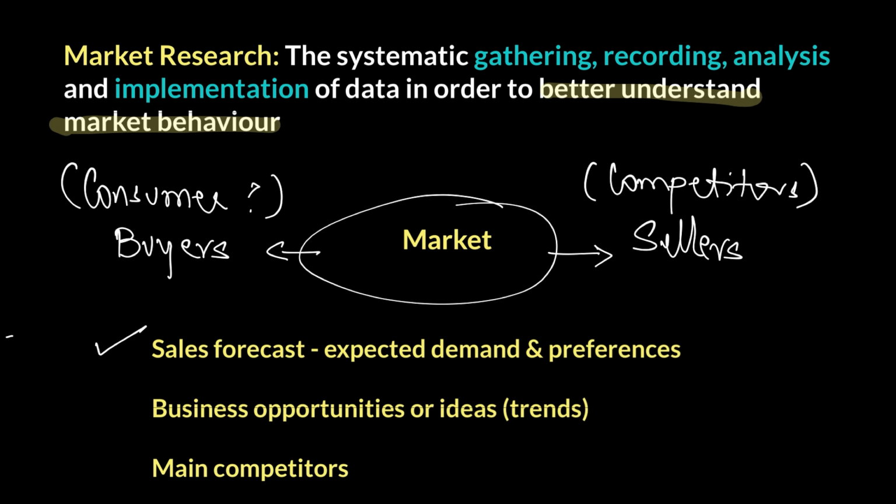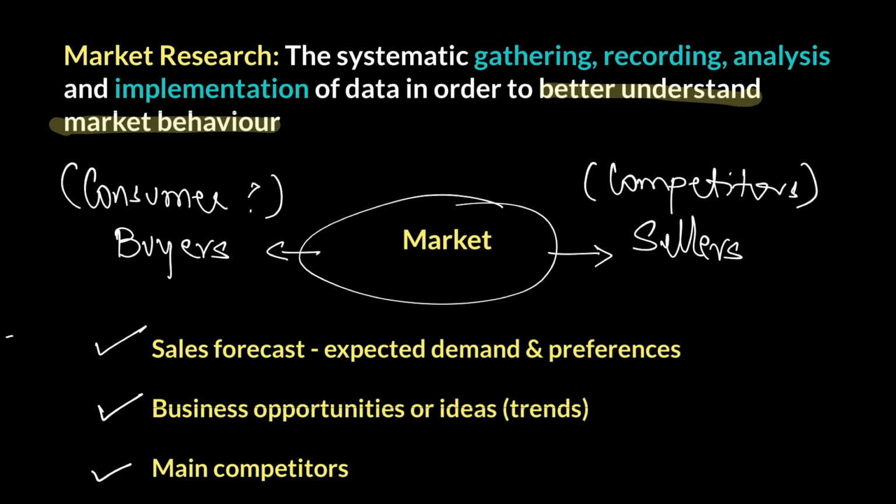Not only that, you also need to see, are there any gaps in the market? Are there any business opportunities? Any new ideas that the business can adopt and turn into their own product? So any opportunity, any gap, that's what market research helps us to identify. And also, like I said, you want to keep a close eye on who your main competitors are. What steps are they taking? Maybe if they have a USP, you need to improve that, or somehow find another way to beat the competition. So keeping a close eye on them is also a vital part of market research.